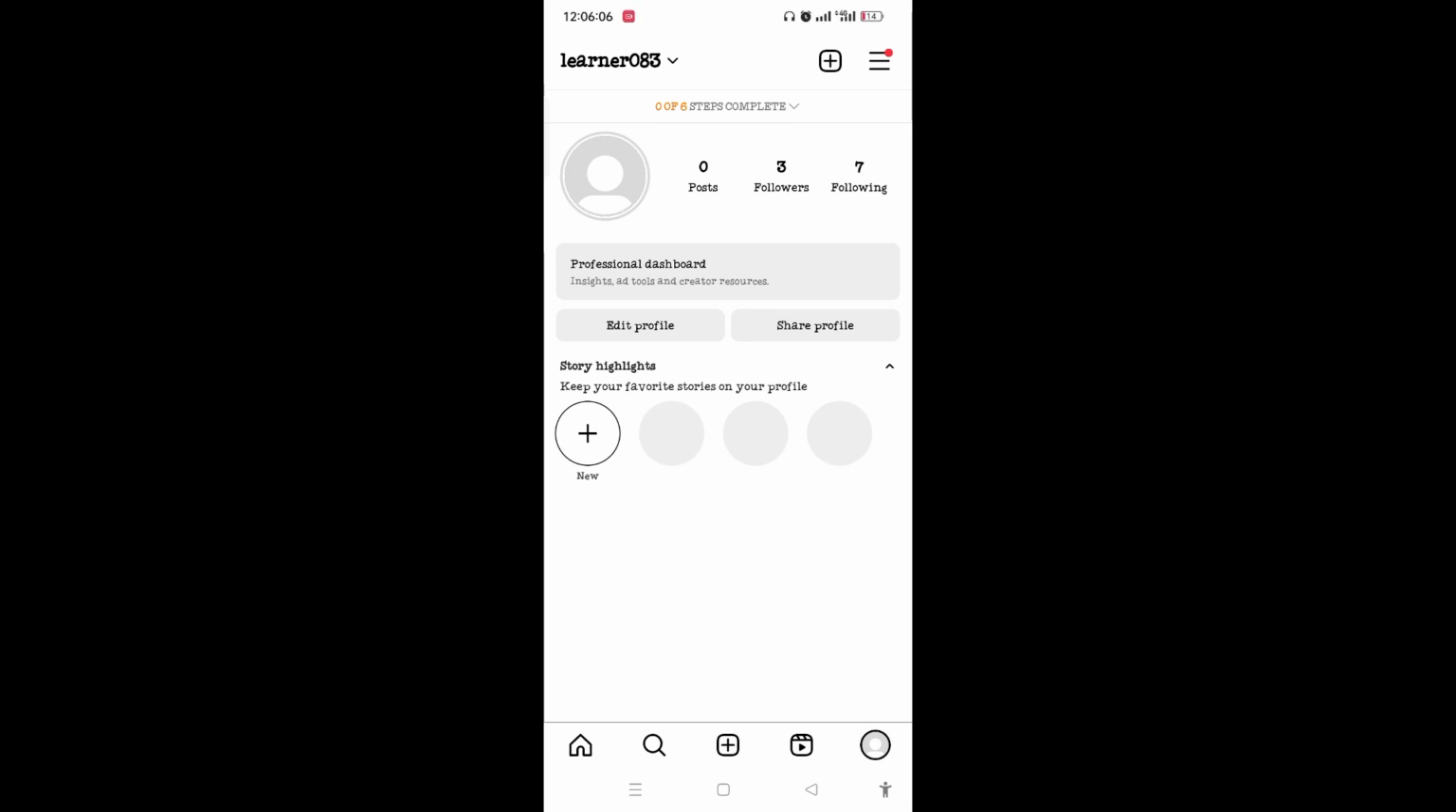In today's tutorial, I'll guide you how you can change the Instagram name without waiting for the 14 days. So you just need to be on the profile of the Instagram. Once you're on the profile of the Instagram, then you can see the edit profile option, tap on it, and